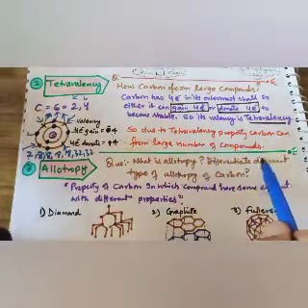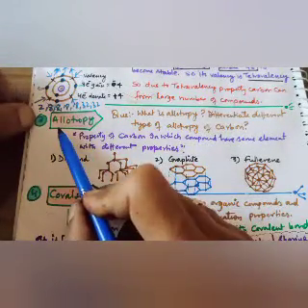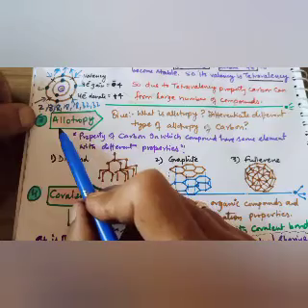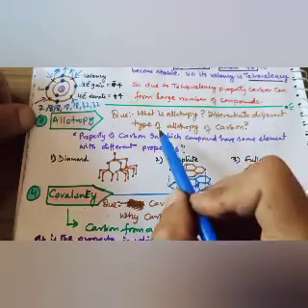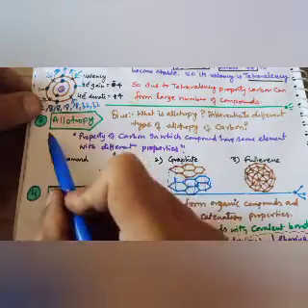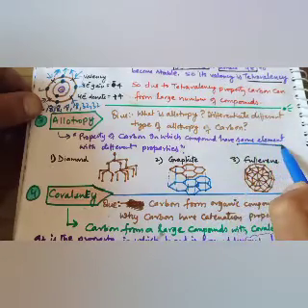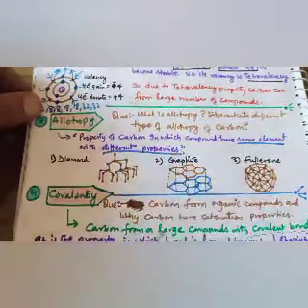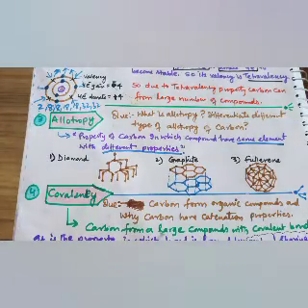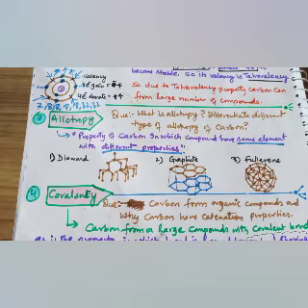Now next, allotropy. Allotropy is the third property. This I will tell you in detail also. What is allotropy? Different types of allotropy of carbon. It is the property of carbon in which a compound has the same element but different properties. You must have seen people in the market coming with different roles and characters by changing their costume, but inside the costume the person is always the same. That type of property is called allotropy.